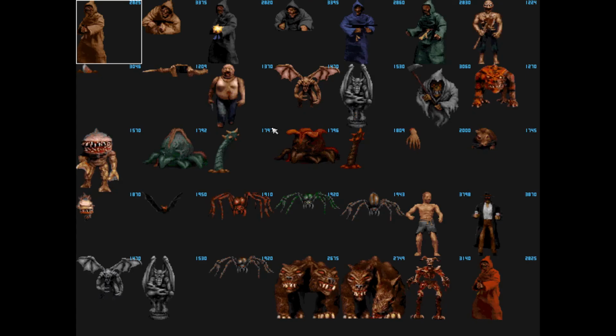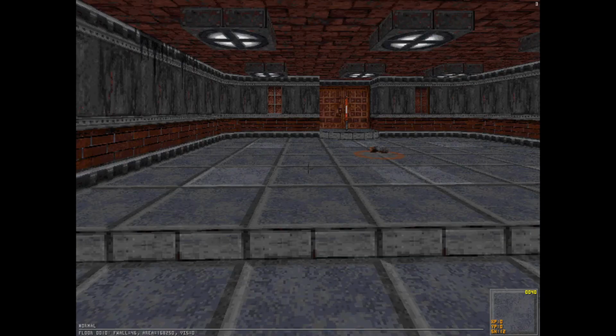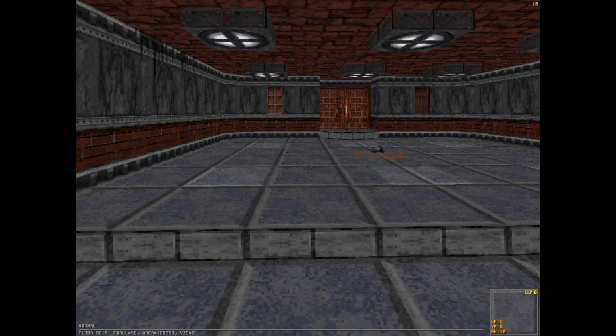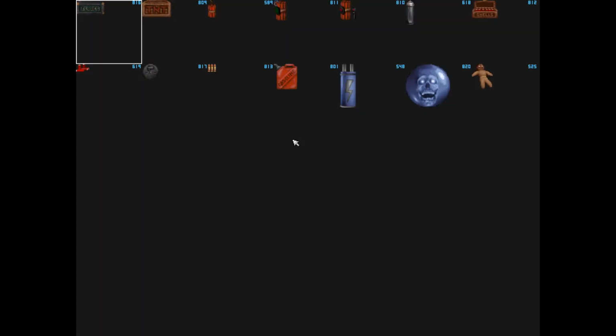For example, enemy. It displays all the enemies in Blood, including Plasma Pak, of course. Then we have weapon for all the weapons in Blood, ammo, the same thing,